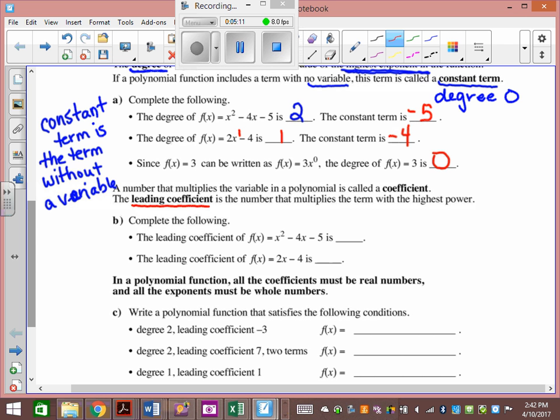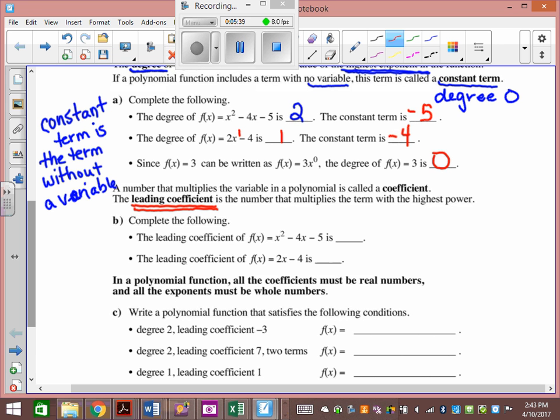It's called the leading coefficient. The leading coefficient is the number that multiplies the term with the highest power. So a coefficient is the number that's in front of any variable, right? So if I had 3x, the 3 would be the coefficient. Or if I had 7x squared, 7 would be the coefficient. If I had negative 2x squared, negative 2 would be the coefficient. The leading coefficient is the one that's in front of the highest power, the